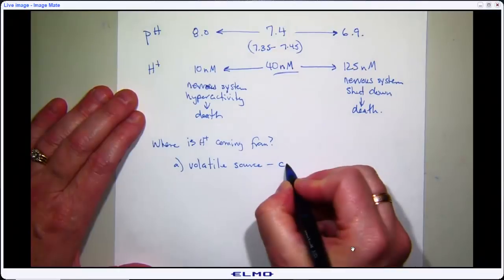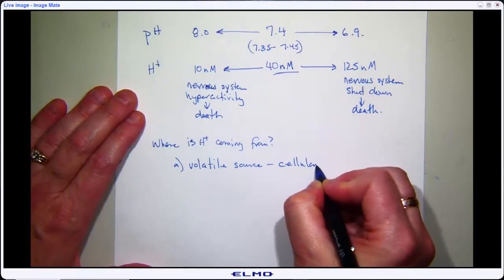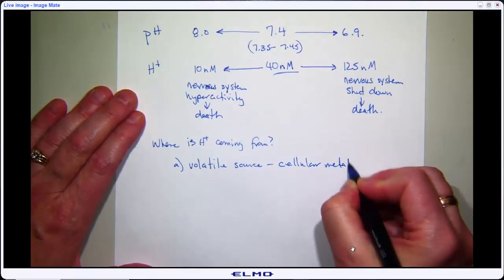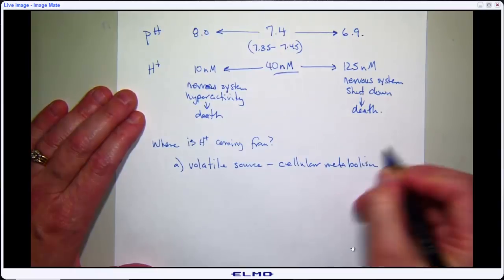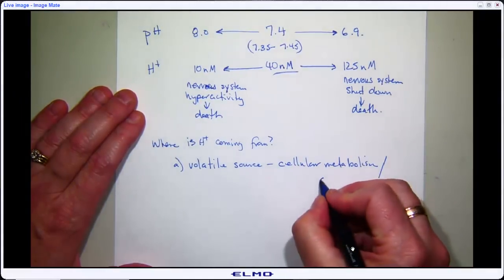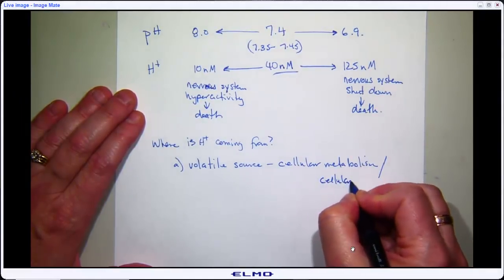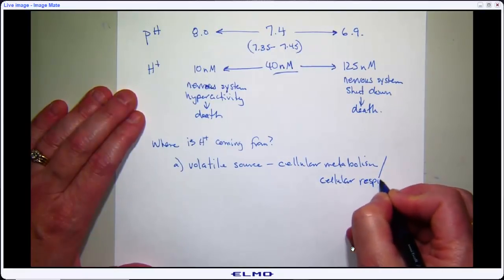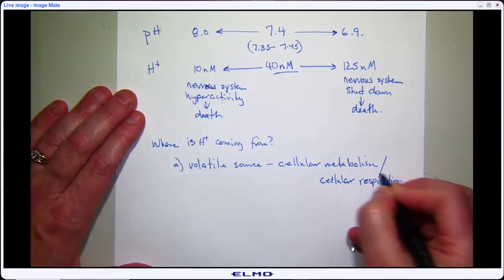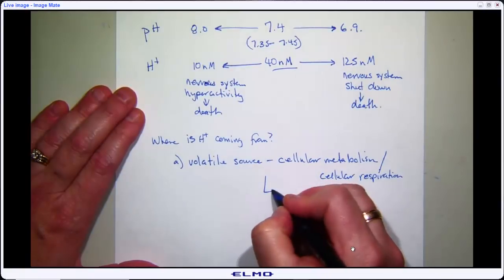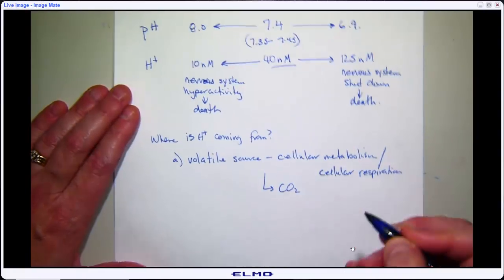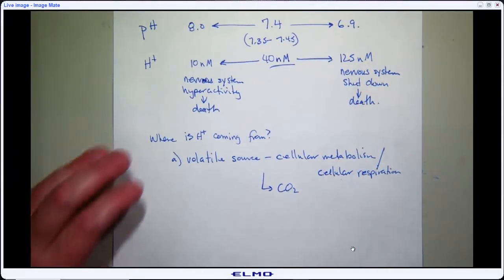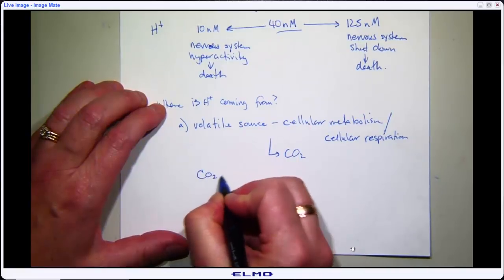So this is through cellular metabolism, or cellular respiration. Okay, so aerobic metabolism is going to produce CO2. Okay, and we know that that CO2